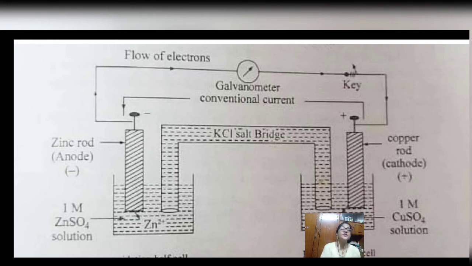On the other hand, copper will be accepting these released electrons from zinc, and its oxidation state will decrease from +2 to 0. It signifies that as the oxidation number decreases and it accepts electrons, copper necessarily undergoes reduction.